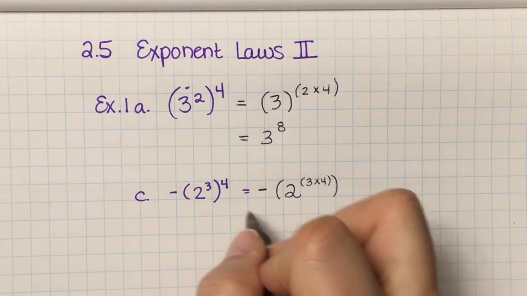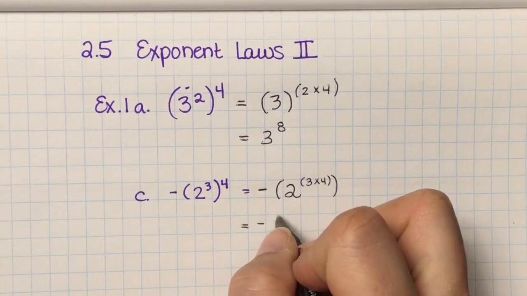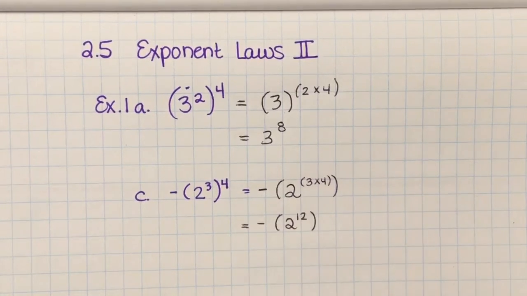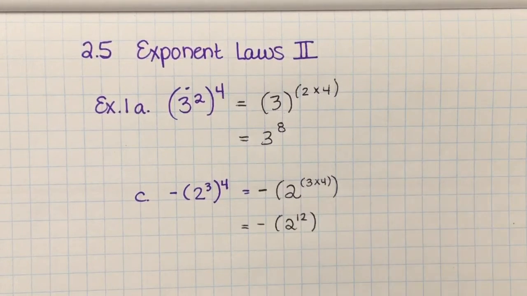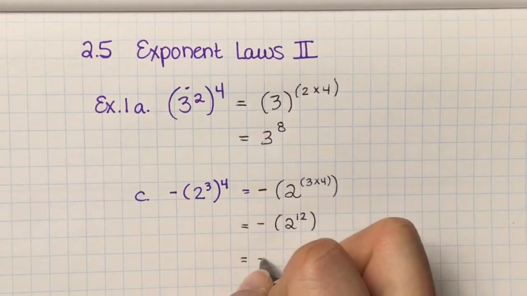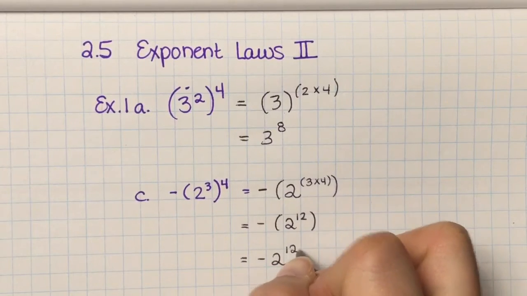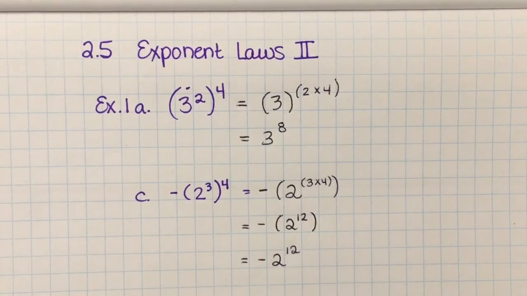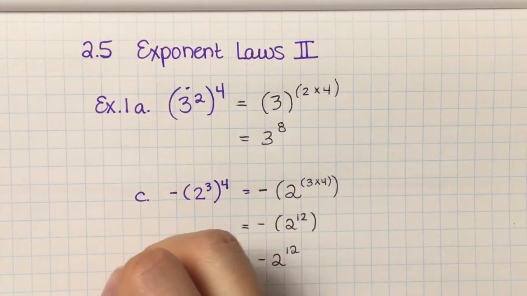Okay, so that would be minus 2 to the 12th. Okay, and we can just take away the brackets from minus 2 to the 12 because we know the 12 only applies to the 2 anyways, not the negative. Okay, your turn. Here's a check. If you turn the page, on page 84,